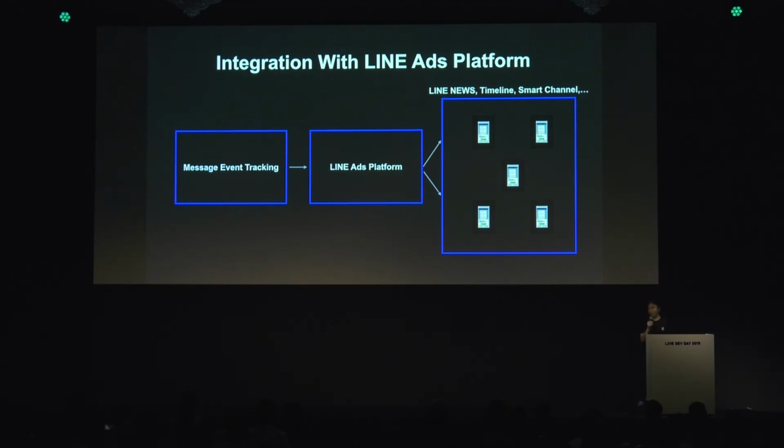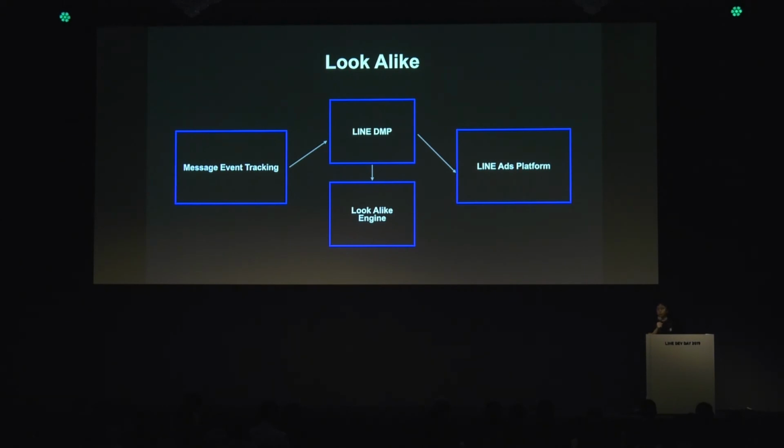LINE Ads platform has been mentioned several times. This is the ad broadcasting platform provided by LINE. There's Smart Channel, which is the chat list, and there's the top banner, a news tab as well. Sometimes you see ads. Those are all delivered through LINE Ads platform. So how we integrate with it is, from a LINE official account, messages sent from the account, users who showed interest, such as opening of message or reactions, you would create a segment for such users, and then you can target such users from LINE official account messaging,